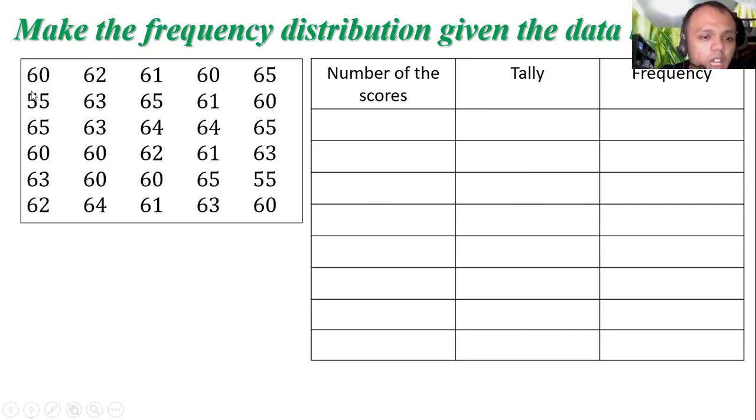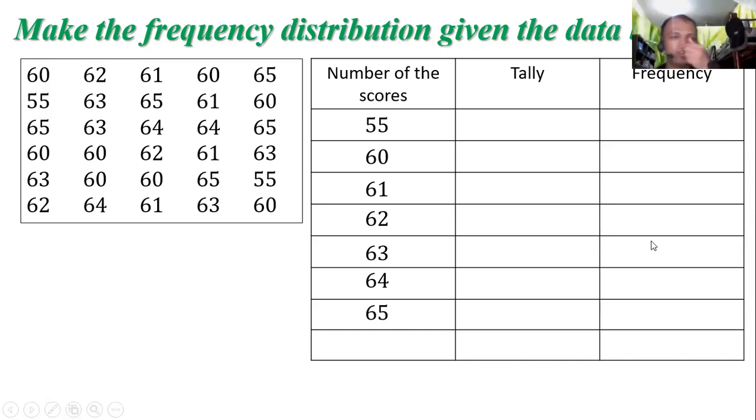Okay, so here let's start with the smallest, that is 55, just one 55. Next to 55 we have 60, just one 60, even if there are many 60s there. Next 61, 62, we have 63, we have 64 and 65. Now let's tally. How many 55s are there? We have 1, another one, 2. Okay, next 60: 1, 2, 3,